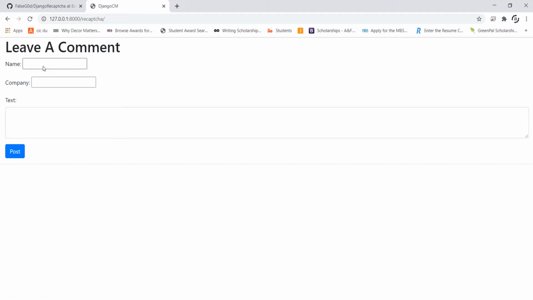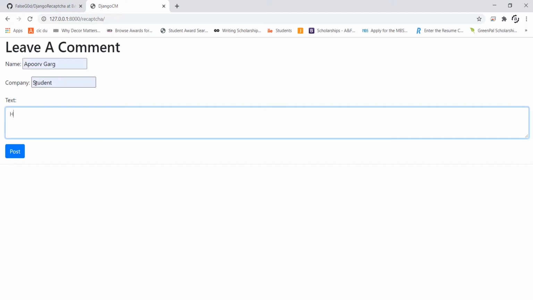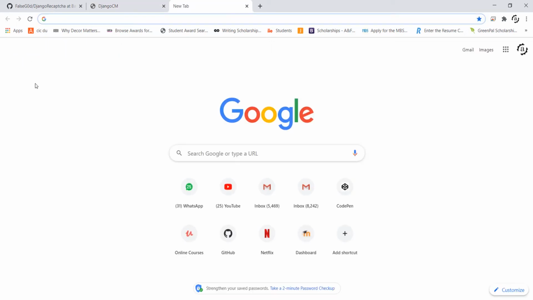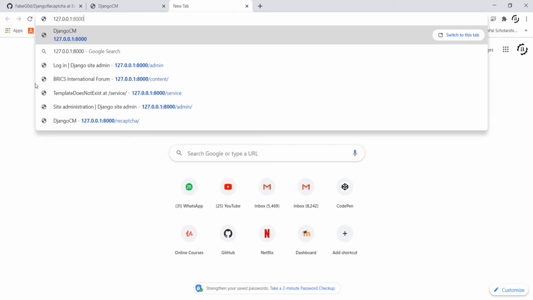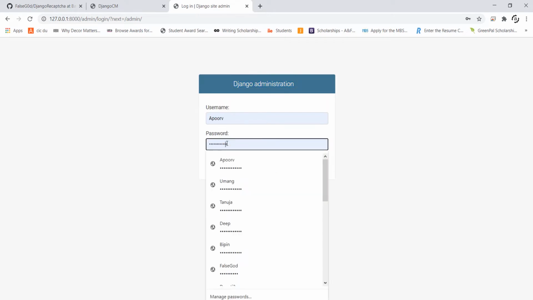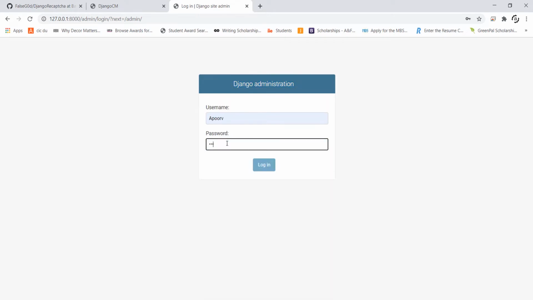The app is a simple two-form web app in which first we have to fill a form to create comments. Now let's see how this thing works. The username, like most of the projects, is Apoorv and the password is password.